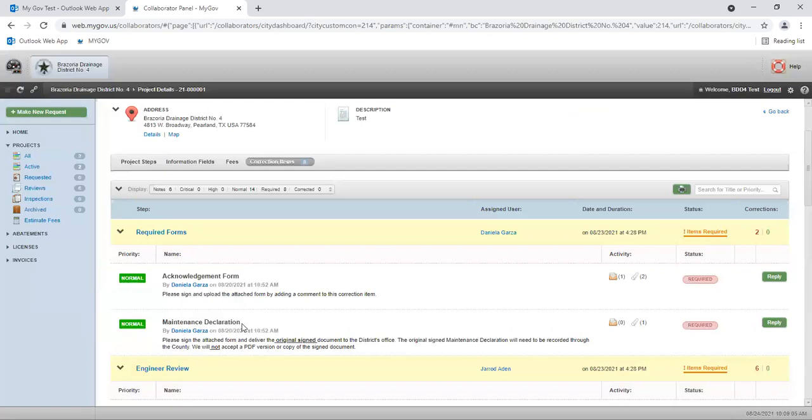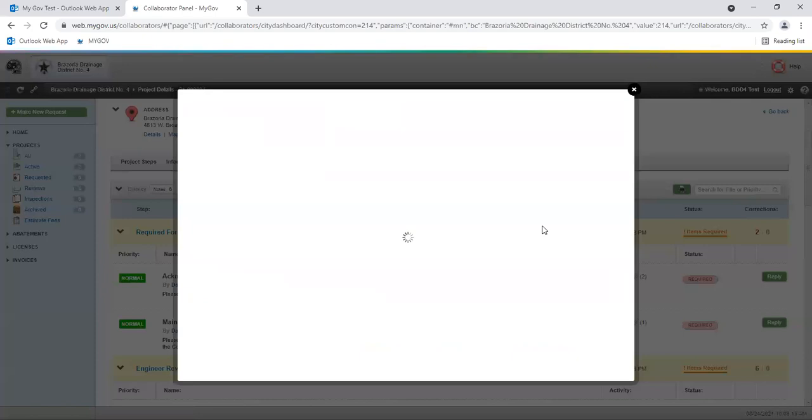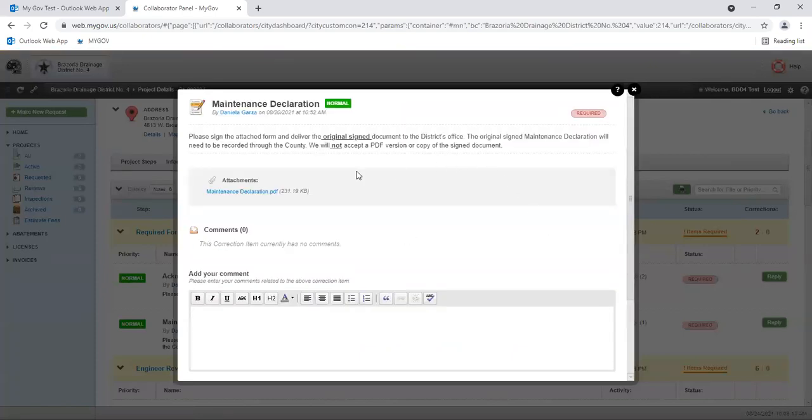And then you have the maintenance declaration, which we just discussed. Again, you see that there's an attachment. That means that there's a document that has been attached to this correction item that you can access. And when you view it, you'll see the text here as well as the attachment. Now, again, like we said, this one, we're not accepting PDF versions or copies of the signed document. So this is more of a, here's the document, here's the access that you have for it, print it out,